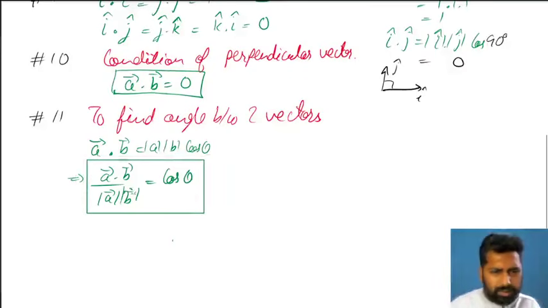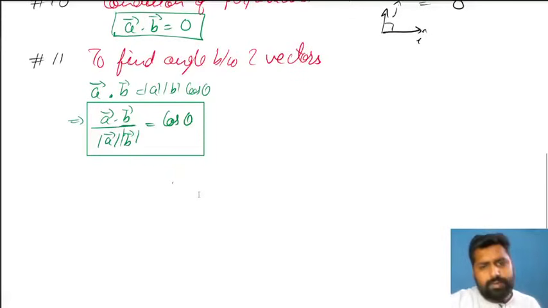And don't try to learn it too much. Basically, this is derived from the definition of dot product itself, mod A mod B cos theta. So if you forget this, try to generate cos theta and calculate theta from the two vectors. Okay, done. This is all the information that you need regarding dot product.